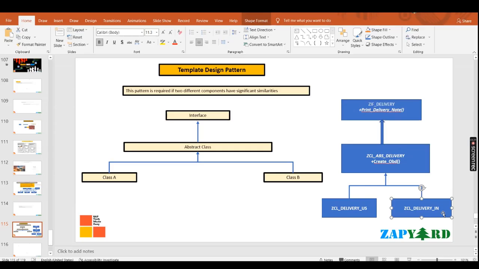means that when you create the smart form based upon the country, they have different formats, right? So we don't know exactly in which country what kind of delivery note is going to be there, okay. So I have put it inside the interface, so that when it will be inheriting this particular class, I will implement this, okay. And here in ZCL abstract delivery, this is the abstract class, ZCL abstract delivery, create OBD, the delivery